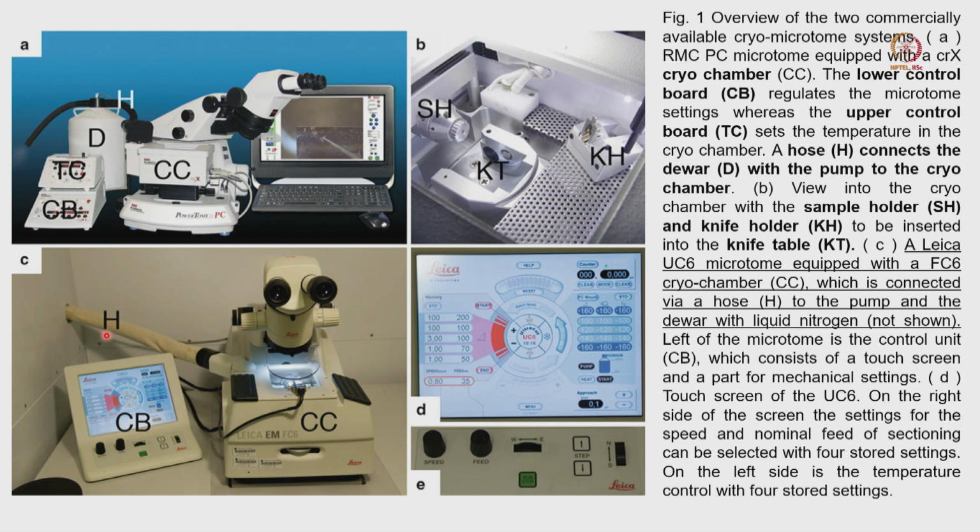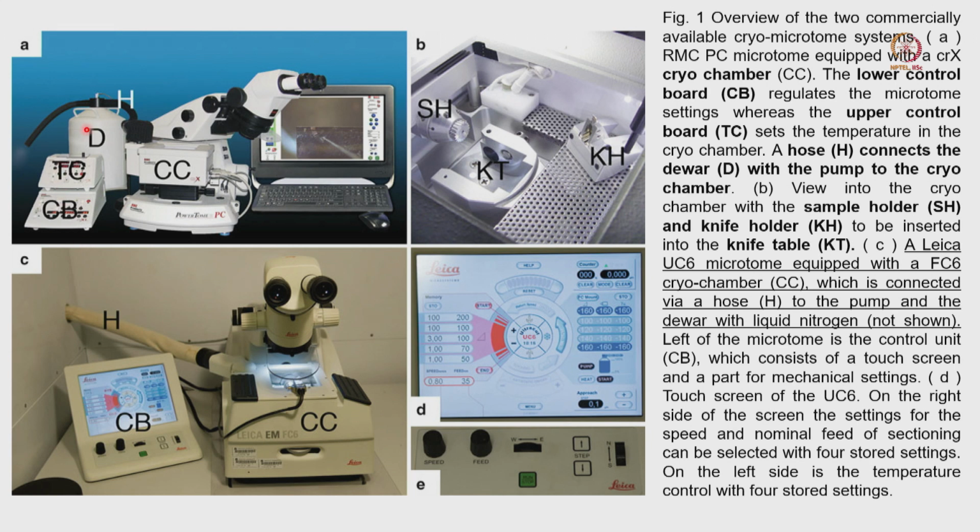If you look at this one, you can see the instrument which is connected with the hose, where it is maintaining the liquid nitrogen temperature. You can see a control board here. This is the enlarged view of the same control board, where you can control different parameters, such as the angle of the diamond knife if you want to change it, the distance, and other parameters, and if you want to fill the liquid nitrogen, all these things you can control using this control panel.